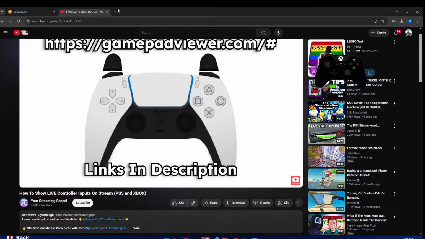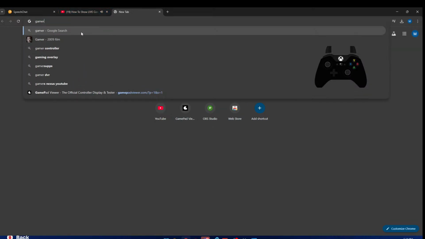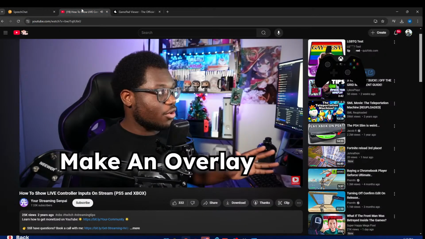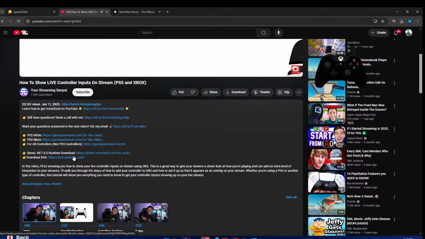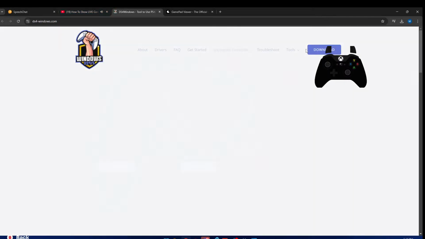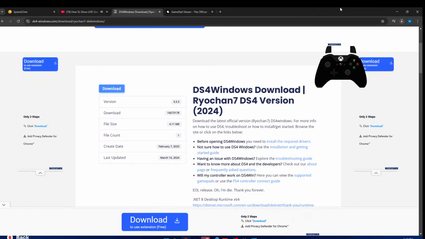down in the description for you guys, and they have different designs for the controllers. They have the white one and they have the black one. You can choose whichever one you want to have as an overlay. Once you figure out which controller you want to make an overlay, what you're going to do is come up to the URL on the browser and just copy that, and then in OBS you want to come down and select the scene that you usually use for your streams, of course, and then add a new